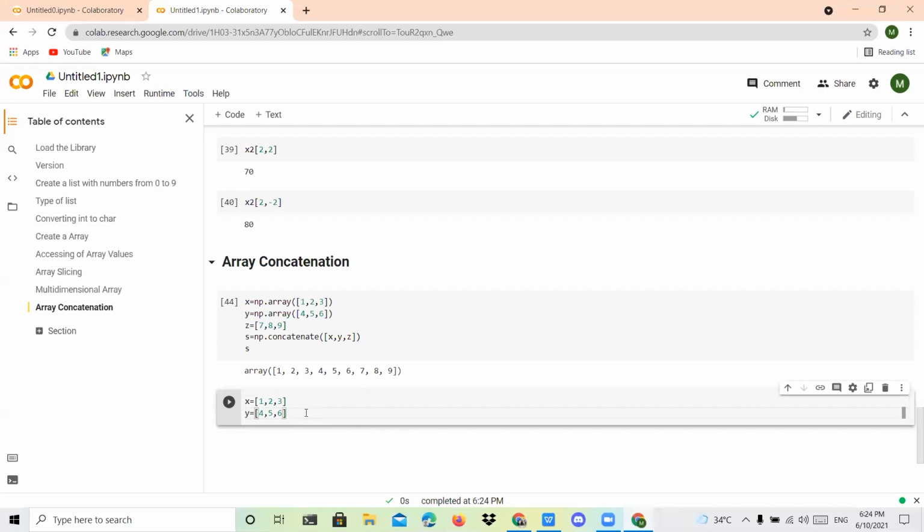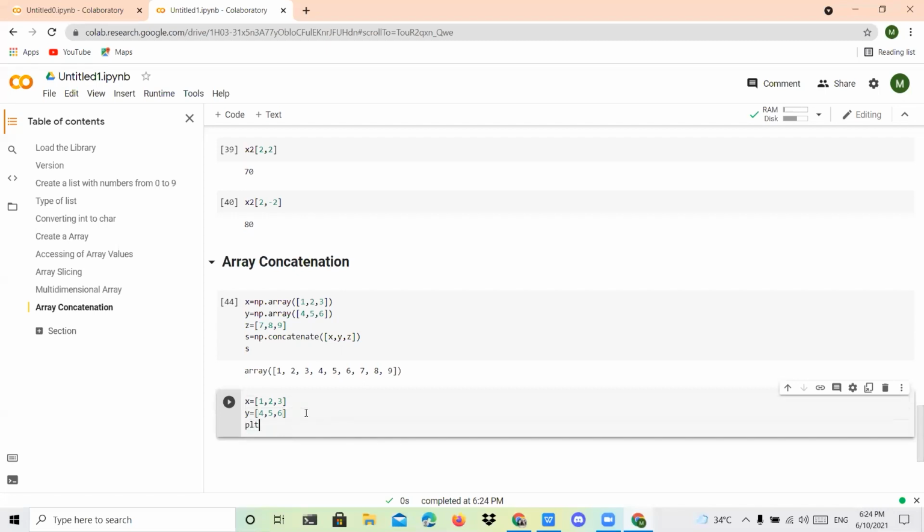I'm going to use these values in a graph format and print on the screen. Both x and y are arrays.